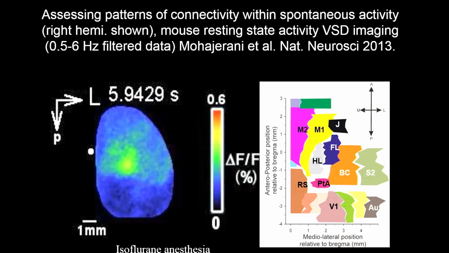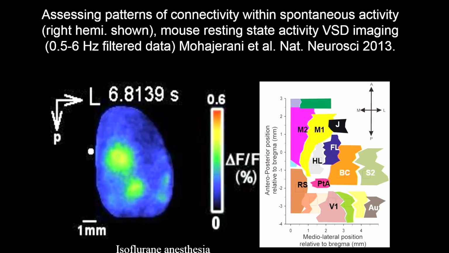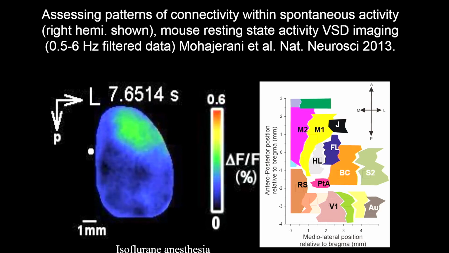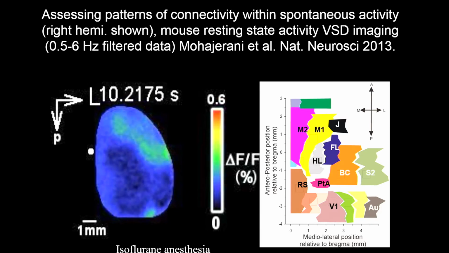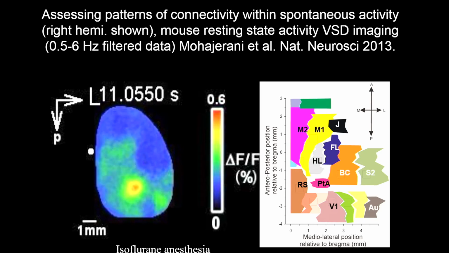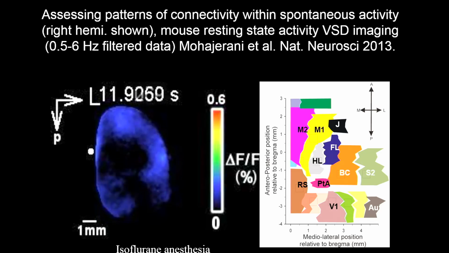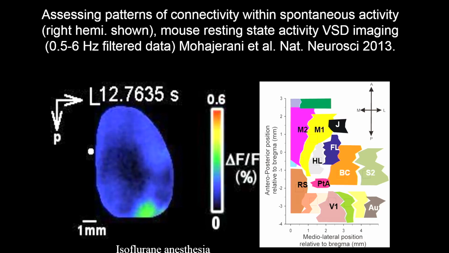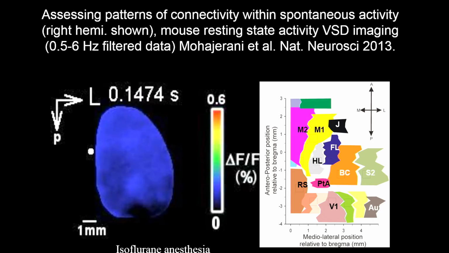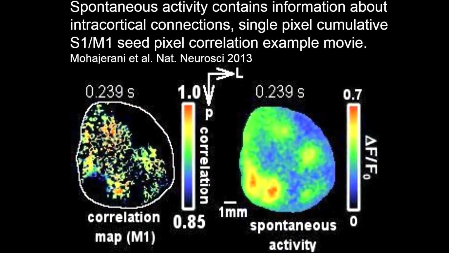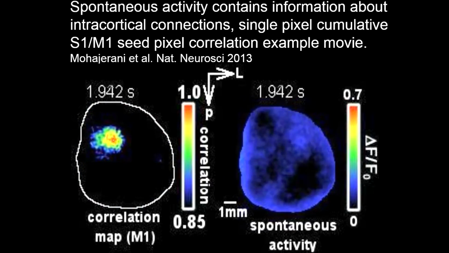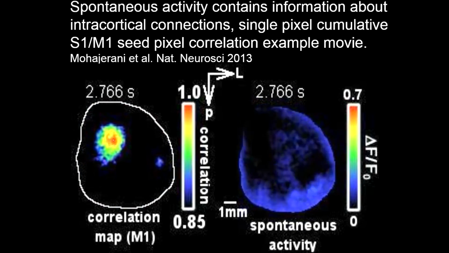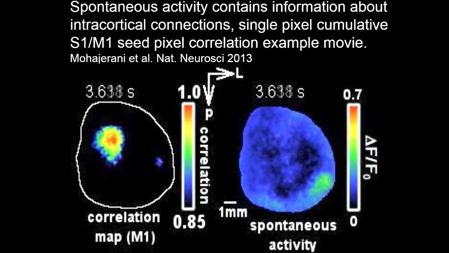And we've done this with voltage-sensitive dyes, so very high time resolution. This is, again, light isoflurane anesthesia. Bregma's marked with a white dot. And you see these patterns of activity that emerge. And it's not like snow on a TV, but you see activations that are in the form of things that look like maps. And so you can analyze this using correlation, doing what we call a seed pixel correlation,